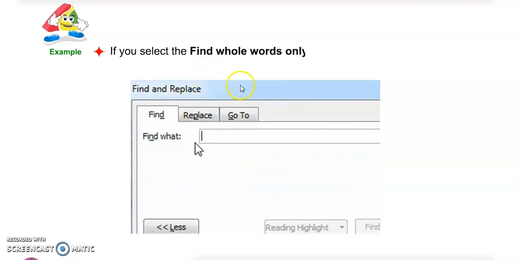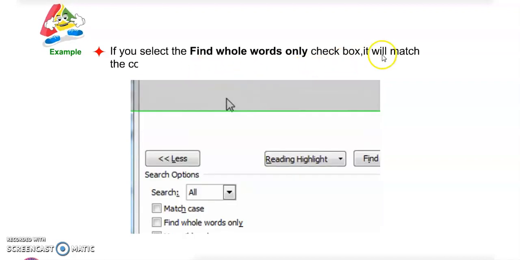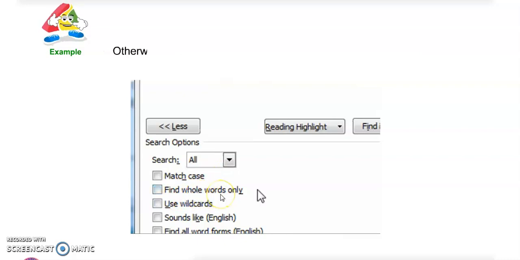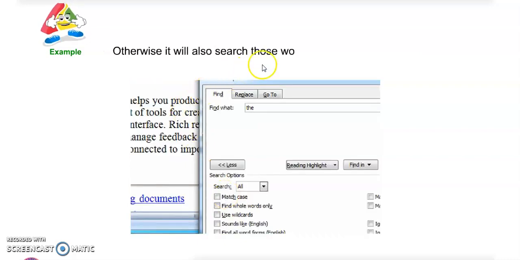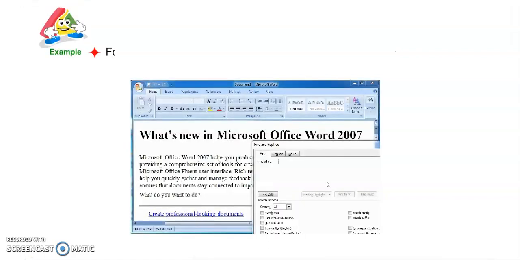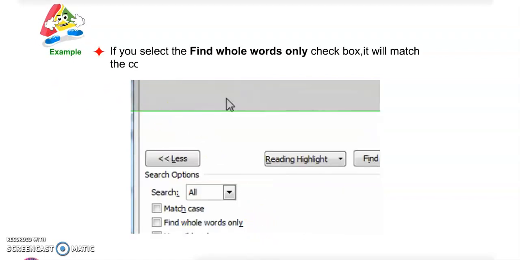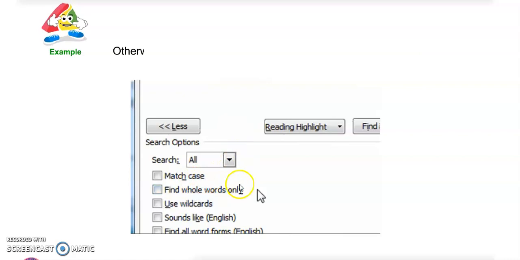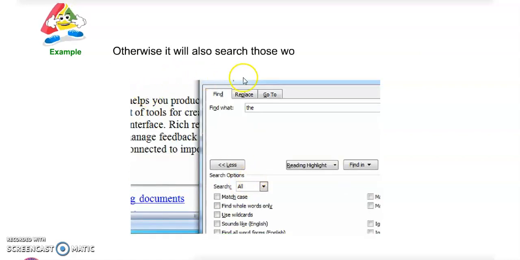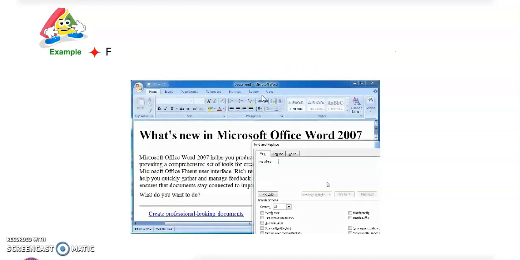If you select the Find whole words only checkbox, it will check whole words only. Otherwise, it will also search those words where it finds the first matching letters.